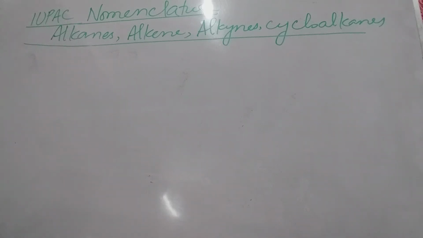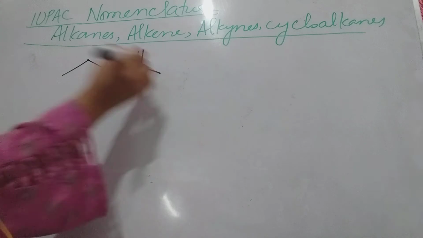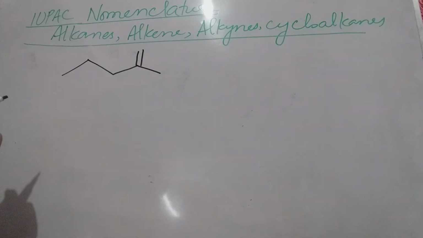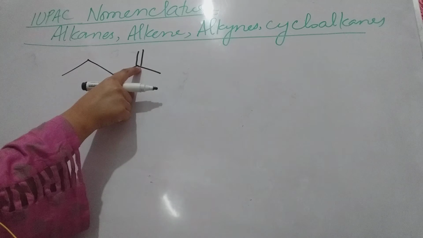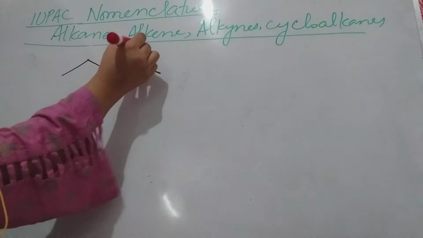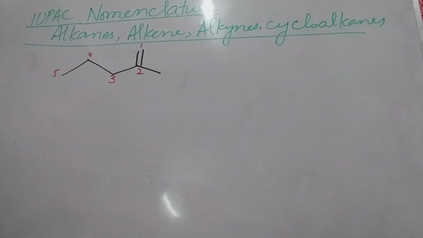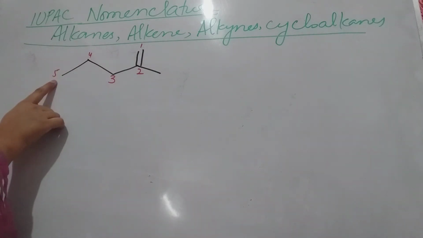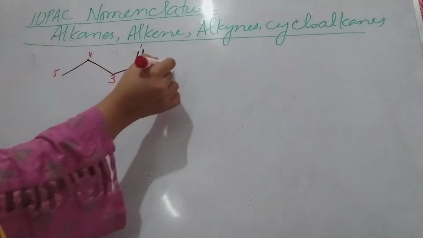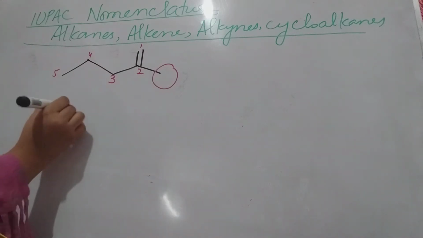Nomenclature of some other compounds. You have this particular compound. You can start numbering from here, 1 2 3 4 5, but you must start numbering from this side, so that it is 1 2 3 4 5. Got it? Now this is the pentene actually, and it would be considered as functional group or substituent over here. So the name of this compound is 2 methyl